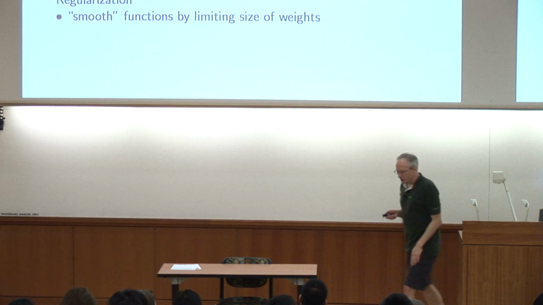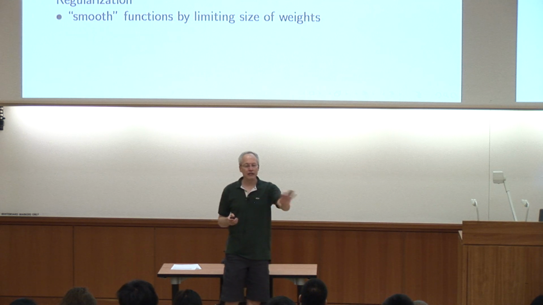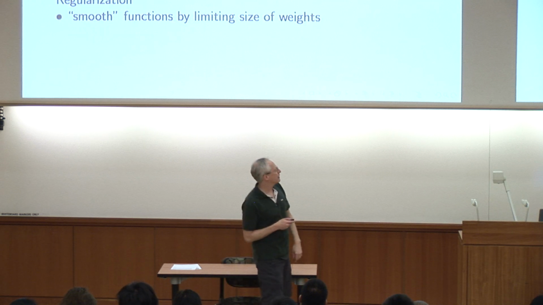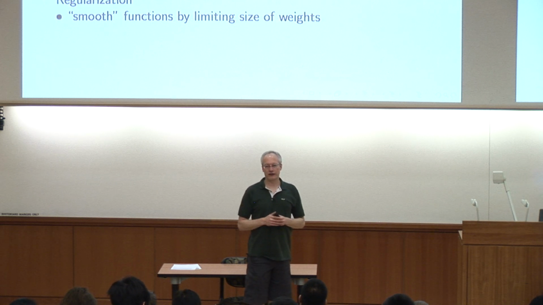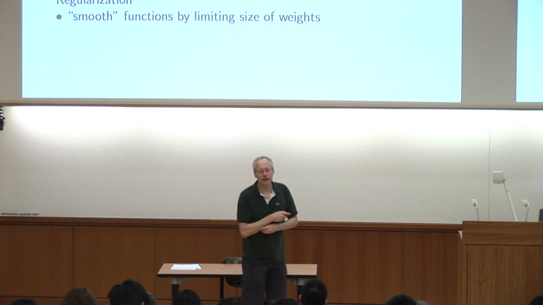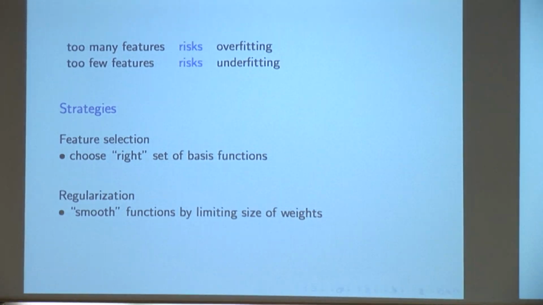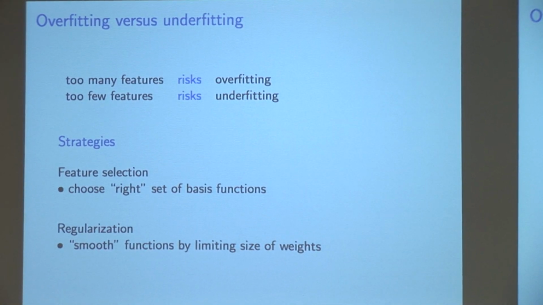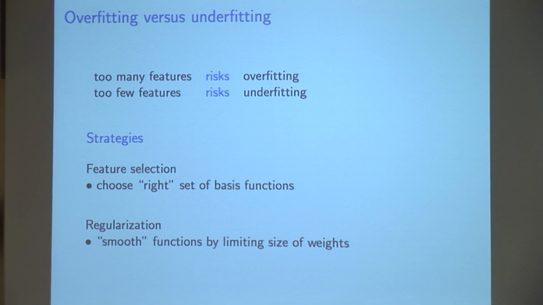Okay, so last sort of large topic, but it still leads to many generalizations, just as a happy side effect. I'm going to just talk a little bit about strategies for combating overfitting. I'm not doing this in a deep way. I'm just going to talk about sort of the generic basic approaches that people use algorithmically. Essentially, we have this dilemma, too few features, we underfit, too many, we overfit. How are we going to combat it?